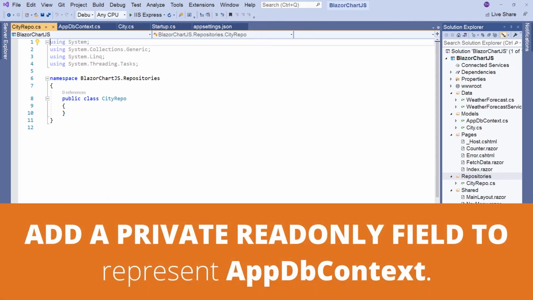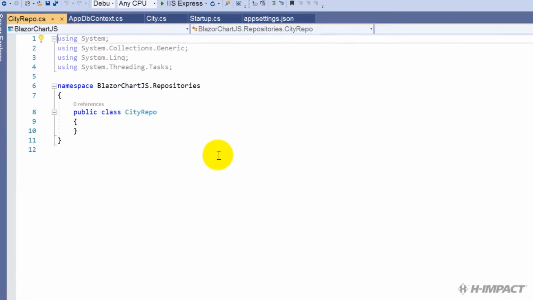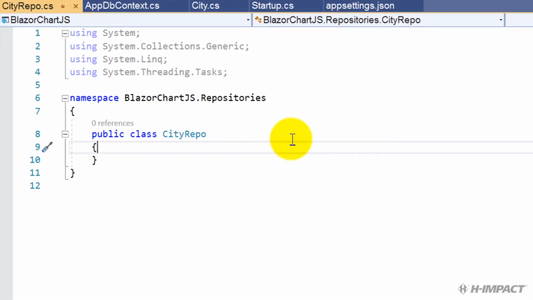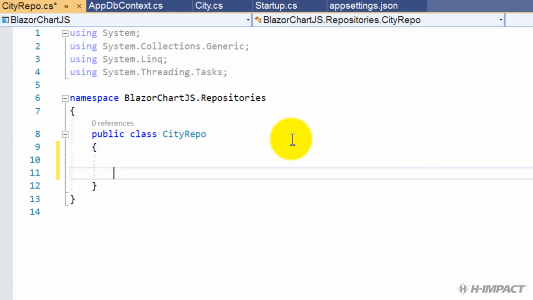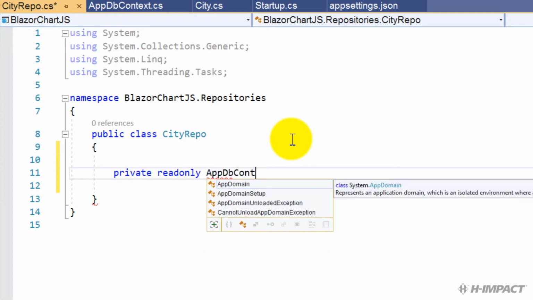Now we'll add a private read-only variable or field of type AppDbContext named _db to represent the AppDbContext created at startup. Private read-only AppDbContext